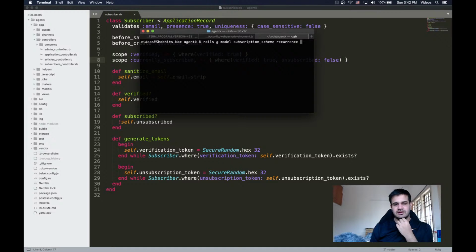And after recurrence we can have a subscription name as well, I guess. So actually no, let's just have a subscription plan, right? Which can have a name,